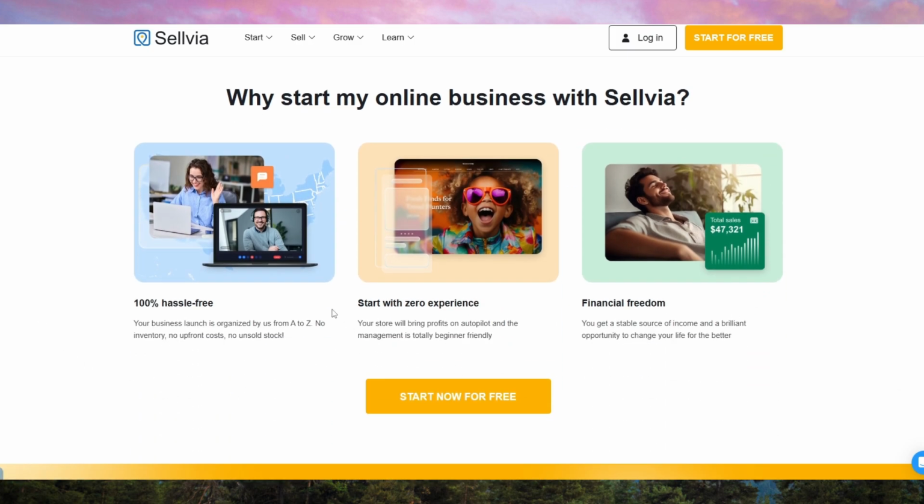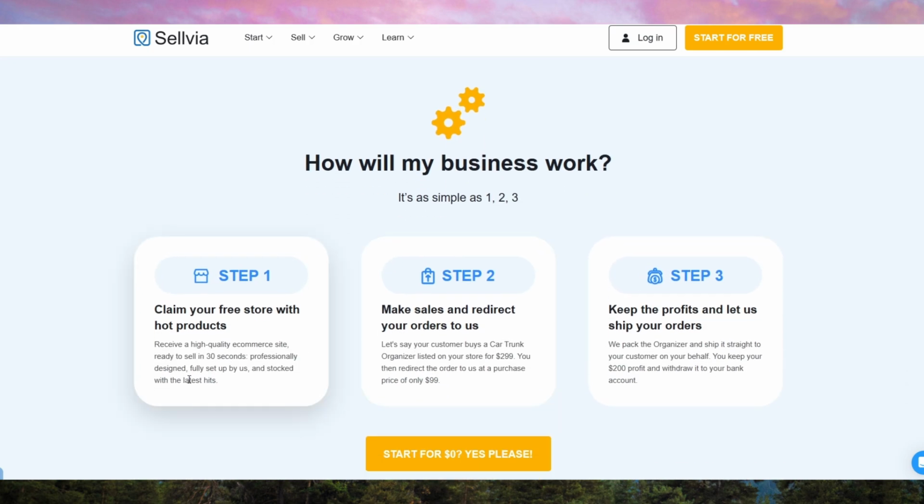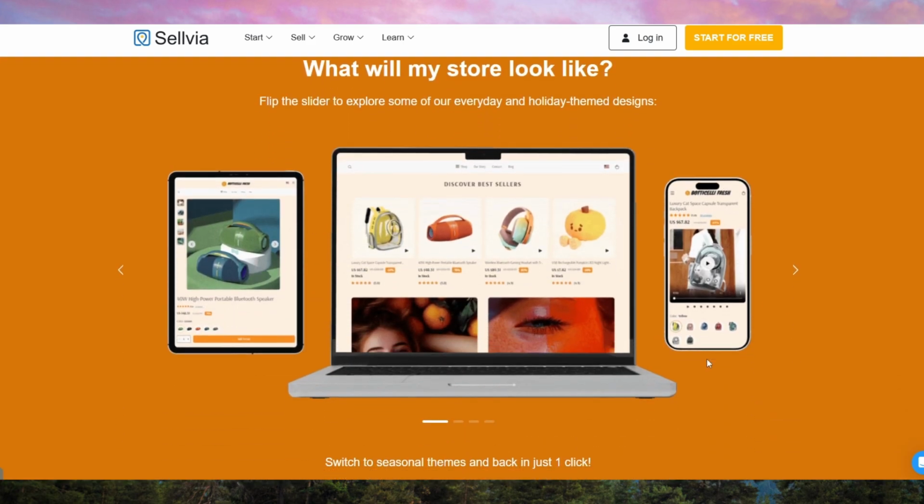Unlike standard dropshipping suppliers, Sellvia warehouses products in the US, enabling 1-3 day shipping, eliminating the long wait times typically associated with AliExpress. It offers a catalog of trending, ready-to-sell products with professionally designed product pages optimized for conversions. The platform is designed for entrepreneurs who want a hands-off approach, handling fulfillment while allowing sellers to focus on marketing